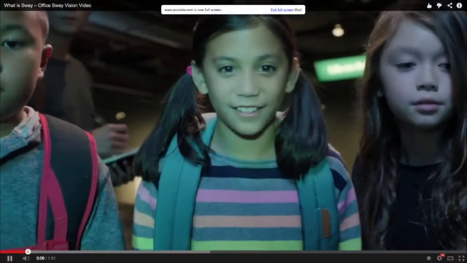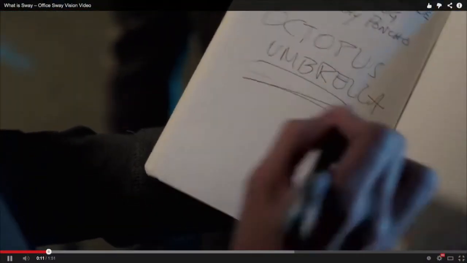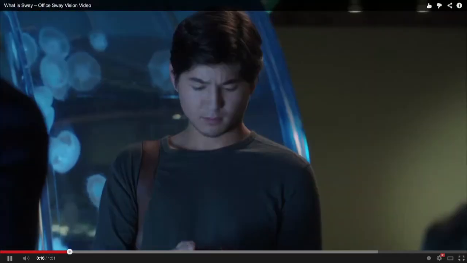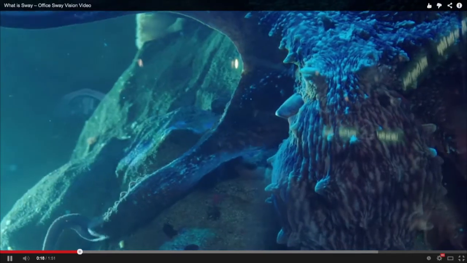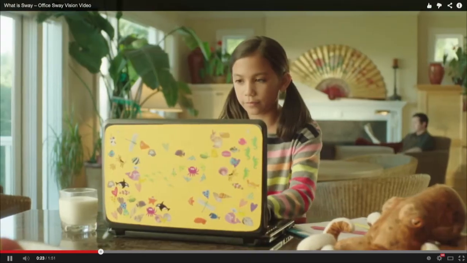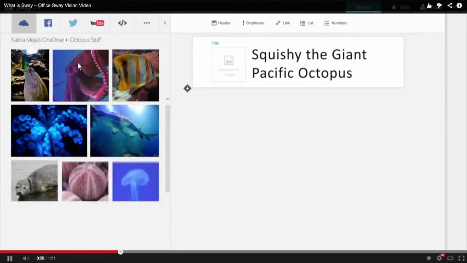I had a briefing about this before it was released, and as Satya Nadella was describing it, I actually asked him not to show me the product for a moment. I wanted to conceptualize what he was saying, because to me, what it sounded like was Nokia Storyteller, or the Google Plus Photos feature where you can make a story, right? And they're pushing it as mobile as much as anything else, right? Yeah. Here's a guy using Sway at the aquarium to make a presentation for his students with his phone.